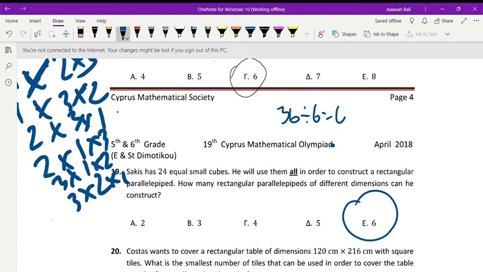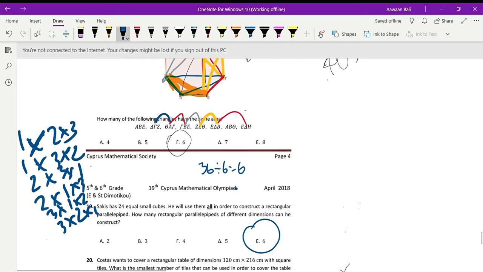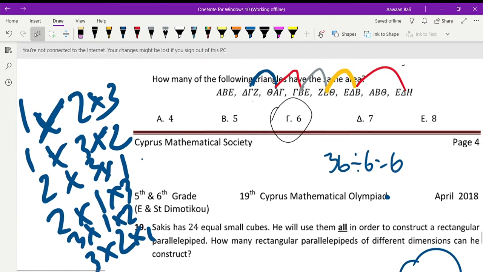So like 24 equal small cubes, their areas are all 36. Let's just say that 36 divided by 6 is 6. Now we have to make parallelepipeds of different dimensions, and here they're all listed down. The great thing is that 1 exists, and basically with 1 you can make so many different